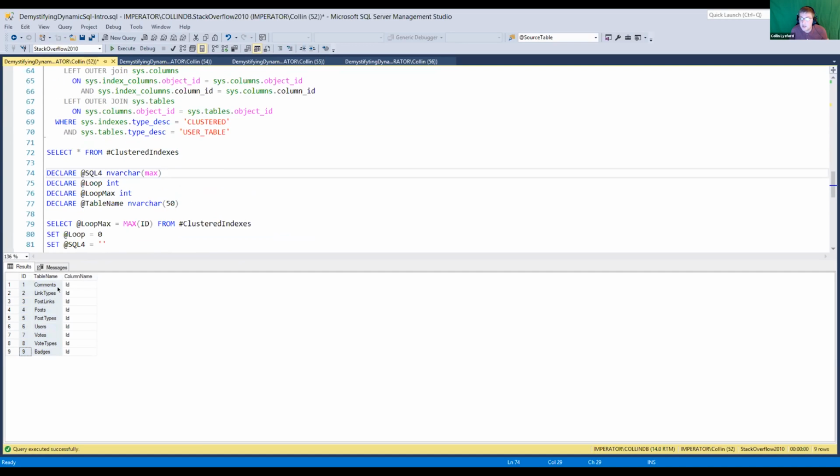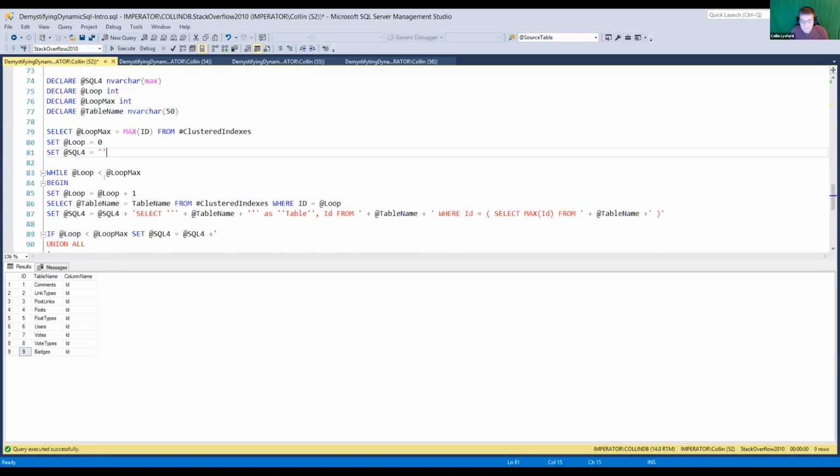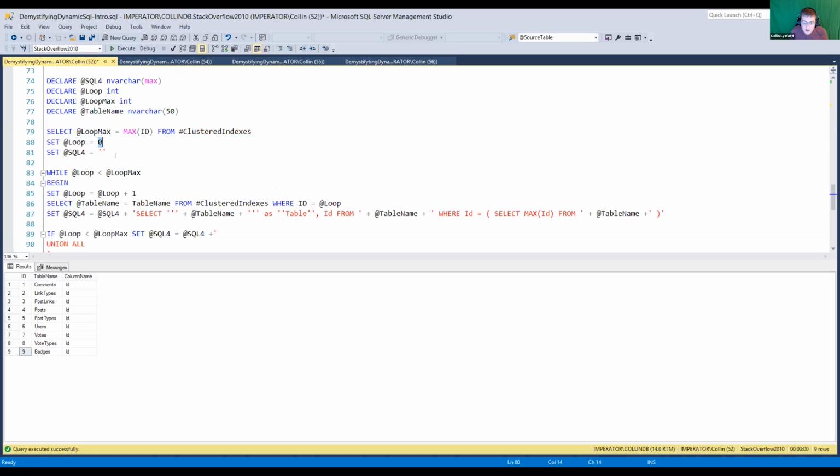This table, how many clustered indices do we have? Well, we have 9. So select the max from that, saying I want to loop 9 times, okay? And now I want to say, while loop is greater than loop max, so the 0 greater than 9, add 1 to it, go fix the loop table from clustered indices, and then build the string like this that says